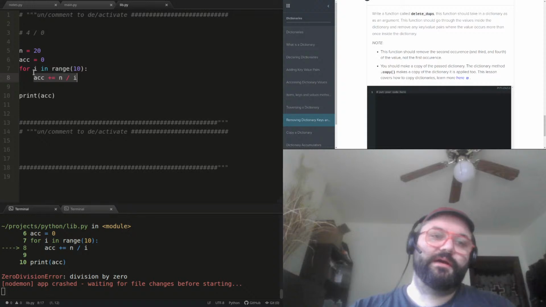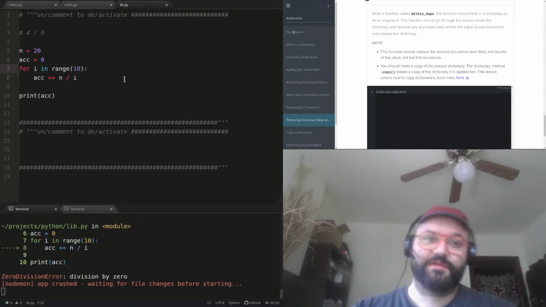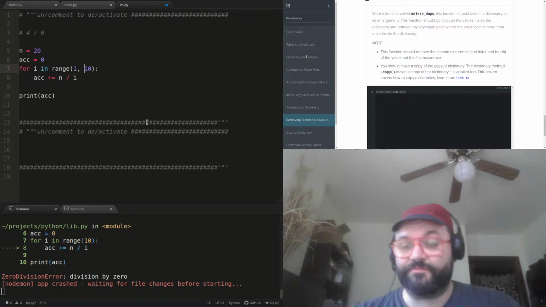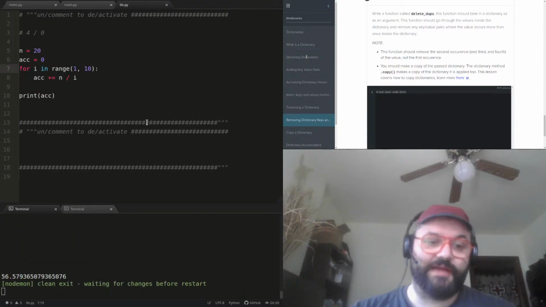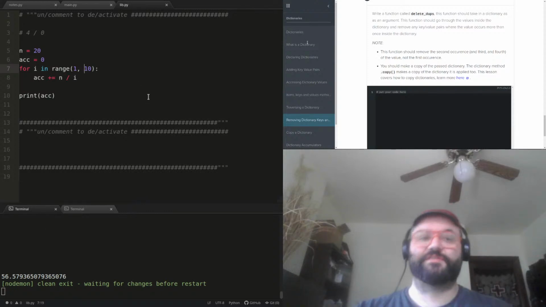So the first number in the range obviously is going to be 0. To naturally handle this, I could say, oh, I don't want to divide by 0, so I'll just start at 1 because I can't start at 0. And I could do that, right? Evidently, the sum of that is 56. So this is the way around it.